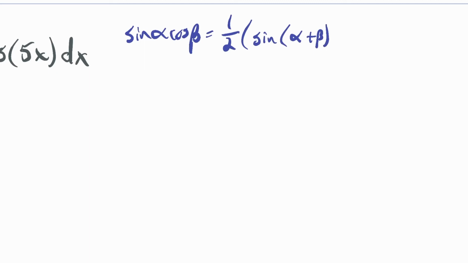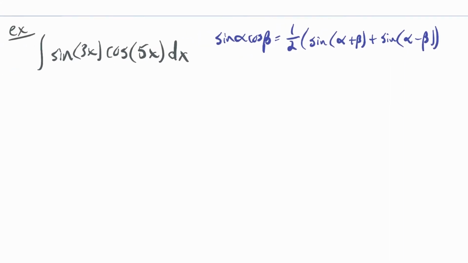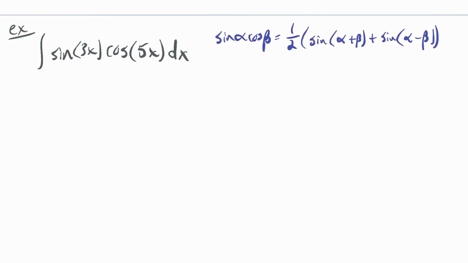So if you have something like sine of alpha times cosine of beta, this is going to equal 1/2 times sine of alpha plus beta plus sine of alpha minus beta. And alpha and beta can be anything. This is an identity. So alpha could be, say, 3x, and beta could be 5x. So this equals